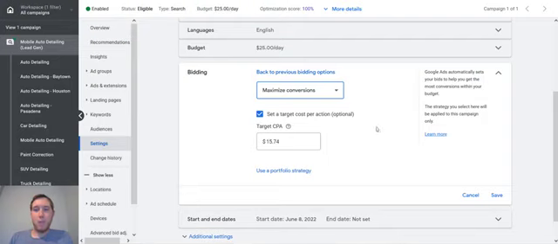What's going to happen is, just like the maximize clicks bidding strategy, Google needs a little bit of time to actually learn and dial things in. So when you switch over to this bidding strategy, make sure not to make any massive changes. Don't keep switching the bidding strategy back and forth. Set it and let it run for 2 weeks. And then obviously keep doing little optimizations to the account, get rid of keywords that aren't converting, all that kind of stuff. But when you do this, this is part of how you get those